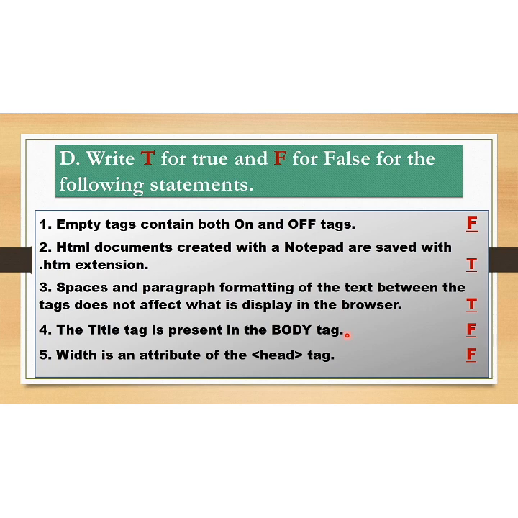Clear? Fourth one, the title tag is present in the body tag. The statement is false, of course, because the title tag is present in head tag. Width is an attribute of head tag. The statement is false. Width is not an attribute of head tag. Image tag, width can be one of the attribute, or HR. What is HR? Horizontal rule line. It can be then attribute where pixel image size has to be increased or decreased, where there is a role of width, then only we will use the width attribute in the tag, right?